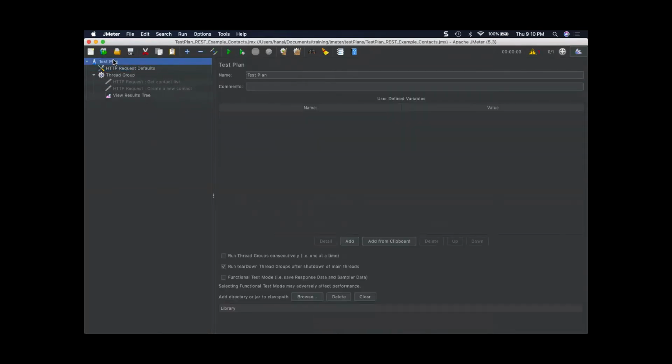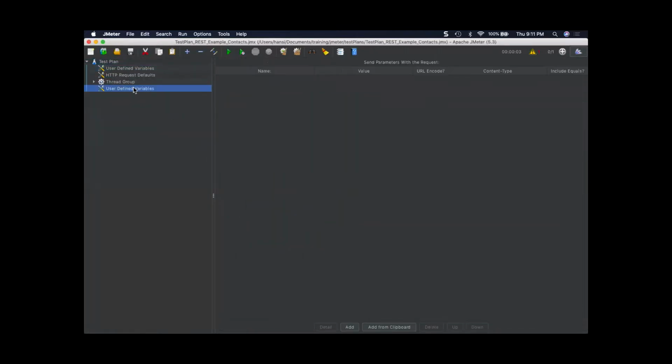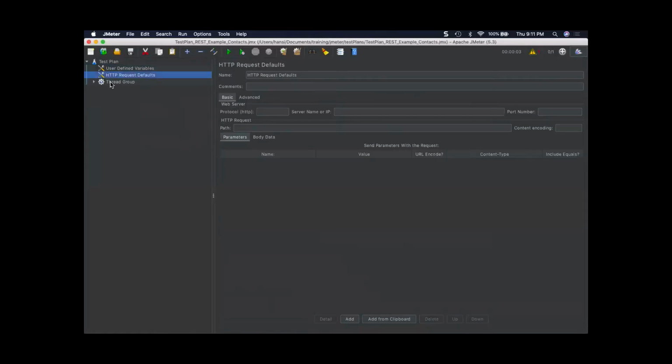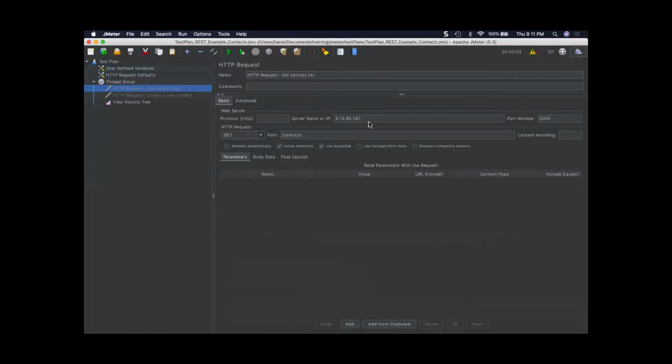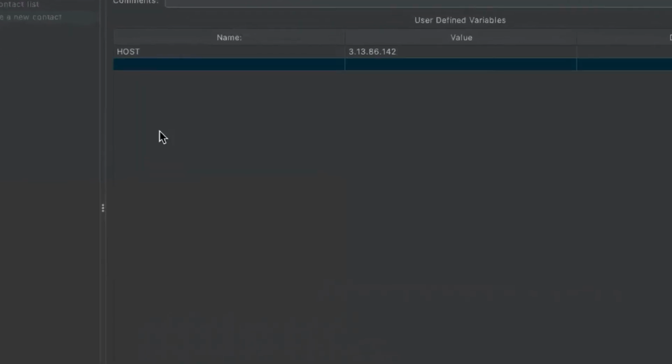Again, it's a good idea to define the variables in User Defined Variables. This is the new one. I think it's giving a problem. We'll not look into this now. Use User Defined Variables, click the add button and define the variable. This is a best practice. You can define your variables here. I'll cut it, the host, and the port number.